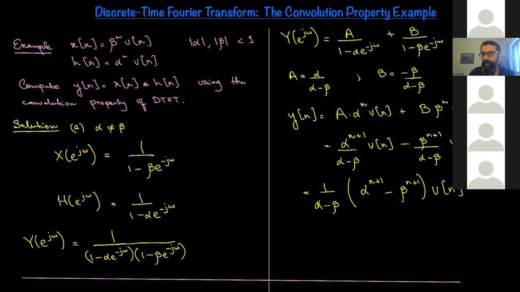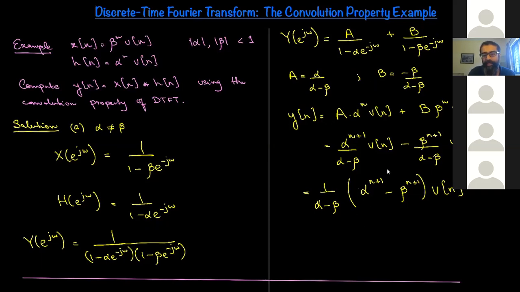This is exactly what we do here as well. Okay, as one of the shortcuts. Right? For this particular example, when alpha is not equal to beta, X of e raised to j omega is something we know from the first example that Naveed covered. This is 1 minus beta e raised to minus j omega. This is 1 minus alpha e raised to minus j omega, a product here, and then you just apply a partial fraction expansion, right? So there's a constant capital A here, there's a constant capital B here. You can find those constants, which turn out to be these. And as a result,